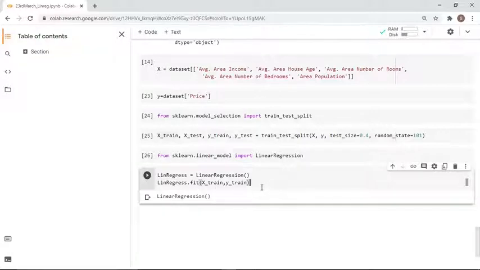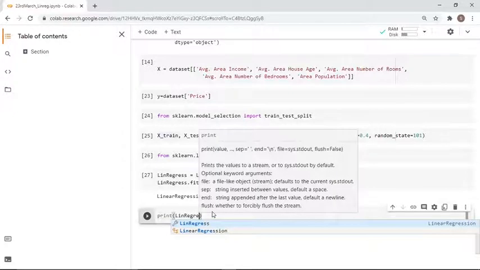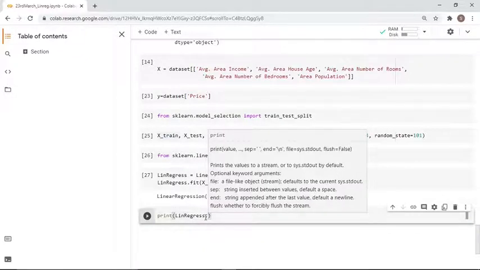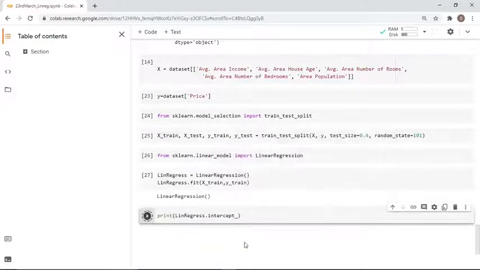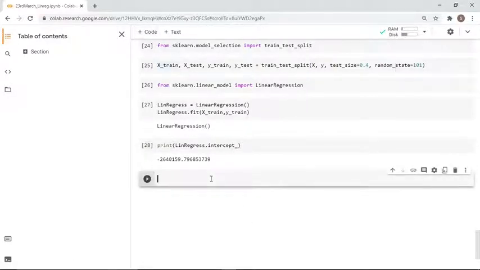Okay, and after that we are going to evaluate the model that we have developed here. So for that we are going to print linear regression dot intercept underscore. Let us first run it. Okay, so here we are getting the intercept value, and then let us also have the coefficient.